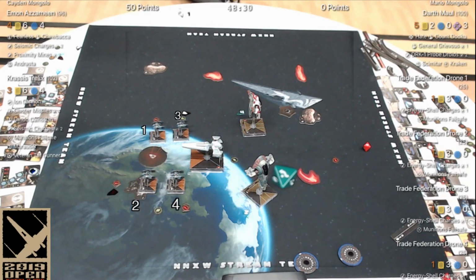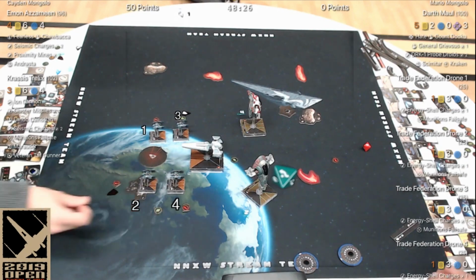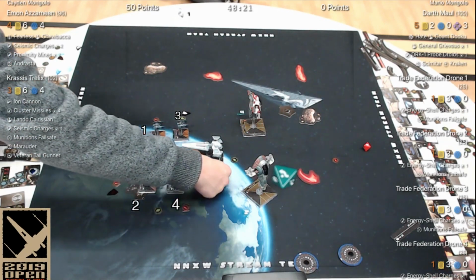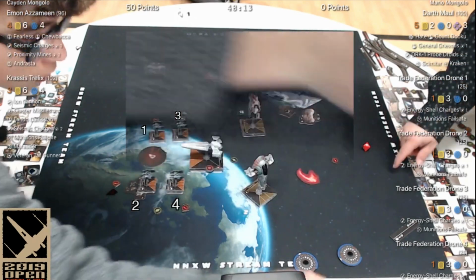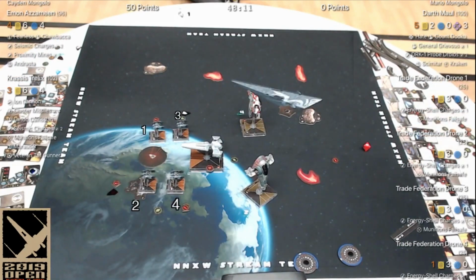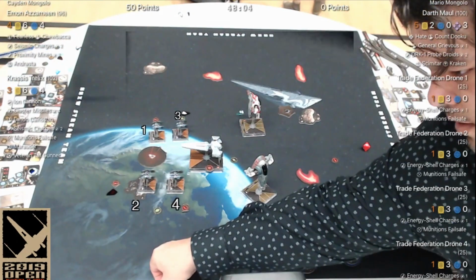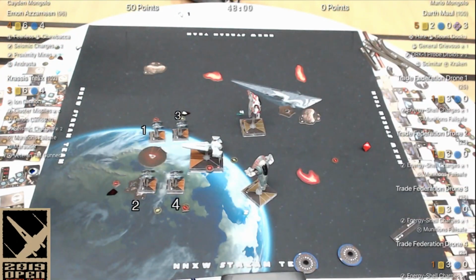Okay, so now it's return shots, and almost all the vultures have... no, only 2 of the vultures have calculates. More of them should, but okay. So, some of them are going to be able to launch their energy shell charges. Who are we going with first? Checking range. So they're all looking for...